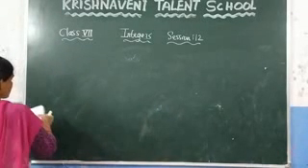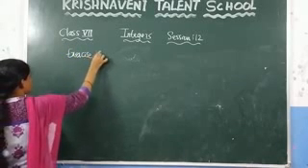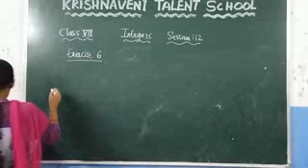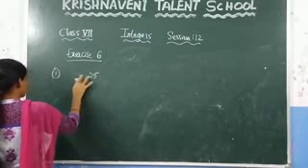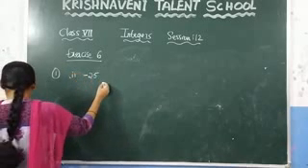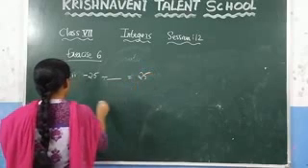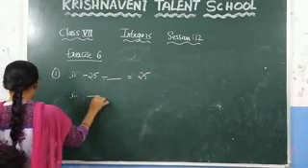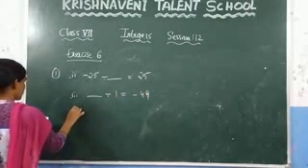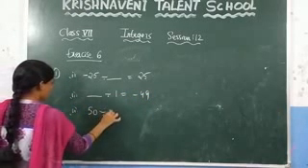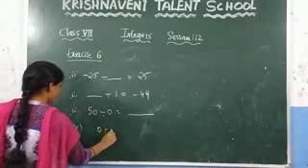Which is exercise 6. So what is the first problem they have given? You need to fill these blanks. First one, minus 25 divided by this one is equal to 25, and the second one they have given. Third one, 50 divided by 0, and the last one 0 divided by 1.